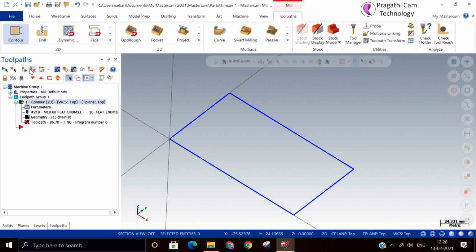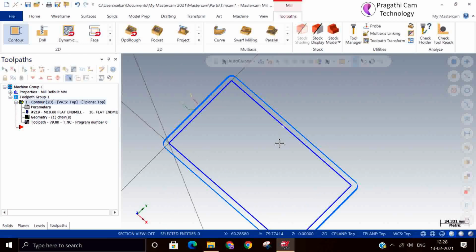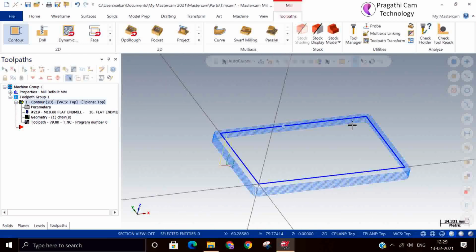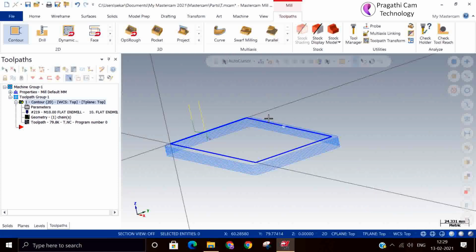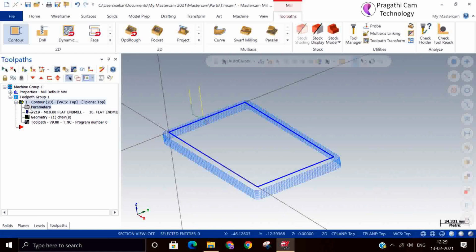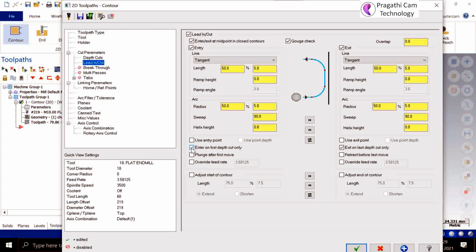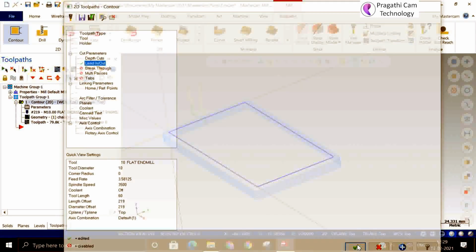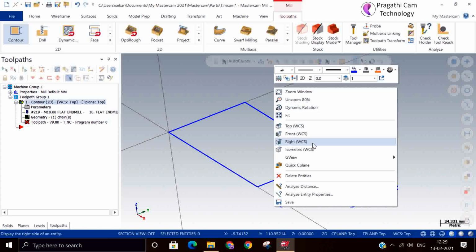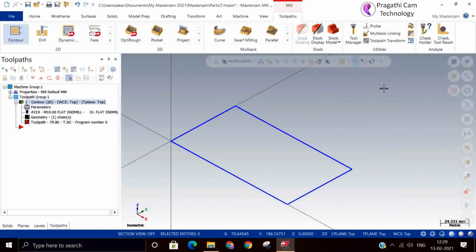So this is entry at first depth and exit at last. At all other places it cuts continuously. You can override the feed rate. Use the entry point if you have such a situation.